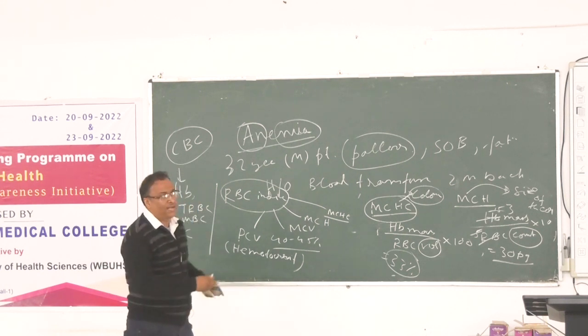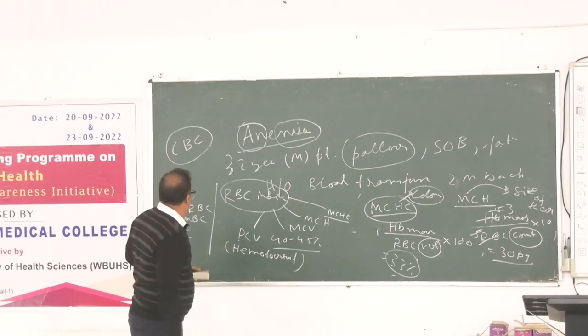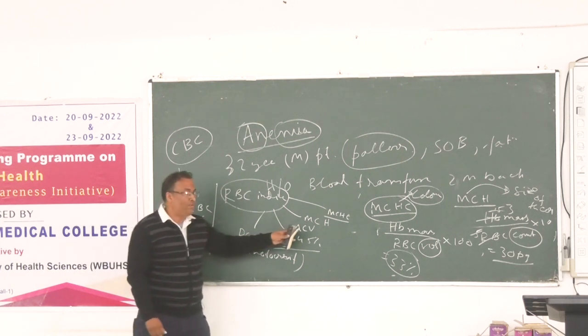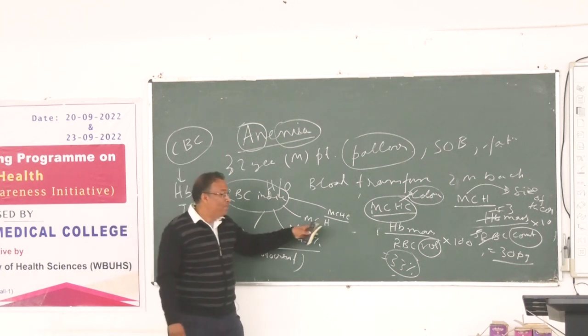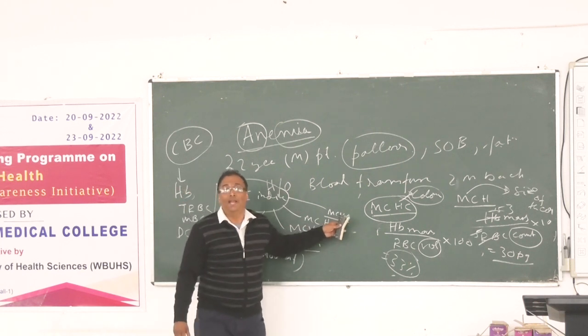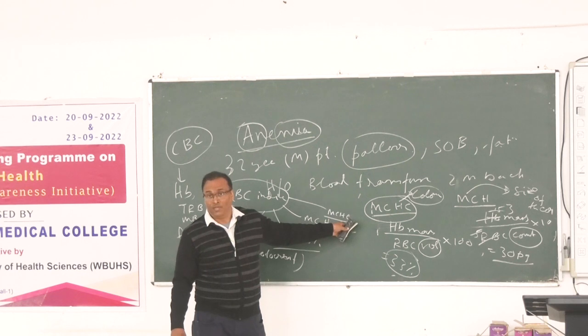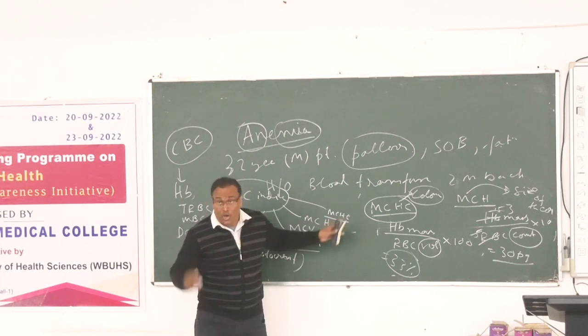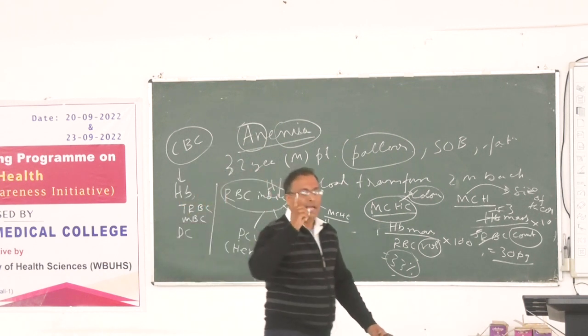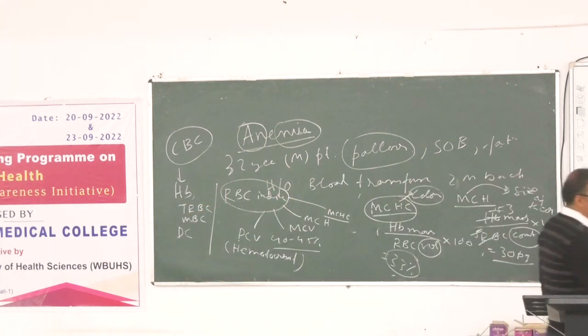We are going to be a clinician, a good clinician, not at all the private medical college kind of writing. No, not at all. So RBC indices: PCV, packed cell volume, MCV, that means size, MCH. Not so important clinically. MCHC is clinically important for the color, right? And the only disease with increased MCHC is hereditary spherocytosis.